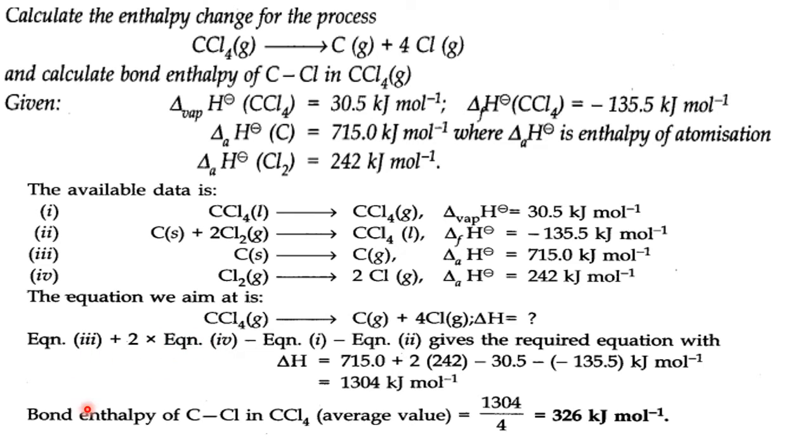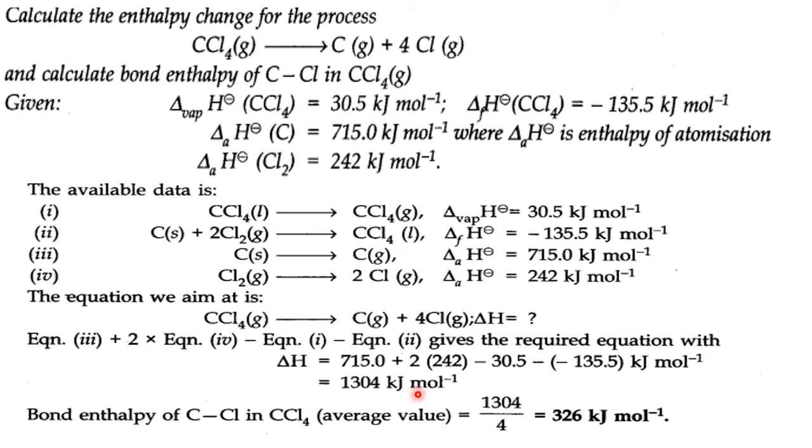So that entire value is there, no? From that entire value, you have to take out the equation 1 and equation 3 or 2. Okay. So accordingly, delta H becomes what? All these values are done by mathematical operations. At the end, we get 1304 kilojoules per mole. What is this? Enthalpy change when you convert CCl4 gas into C plus 4Cl. Okay, that means we are breaking 4 CCl bonds here. Okay, that is the enthalpy change of a reaction.